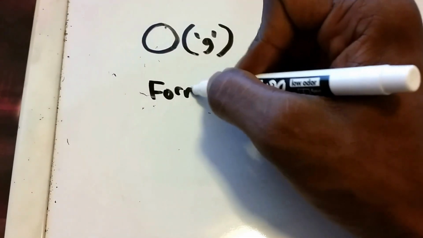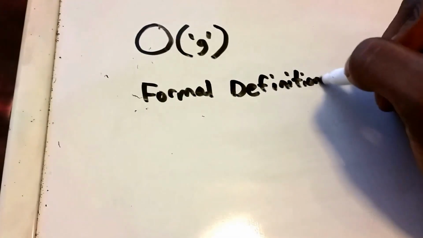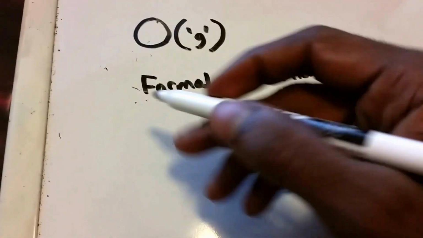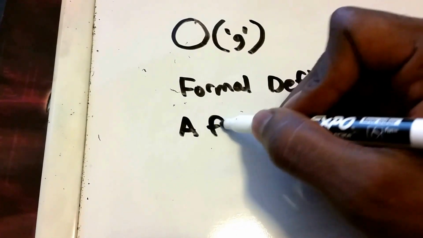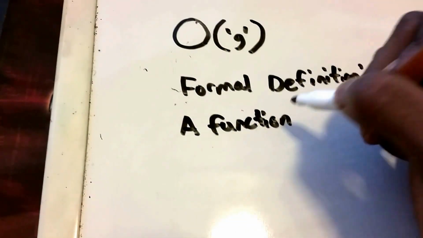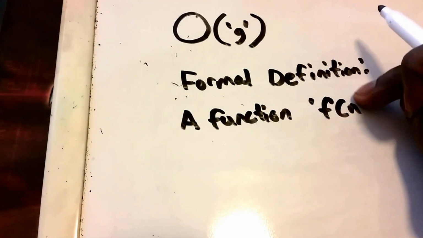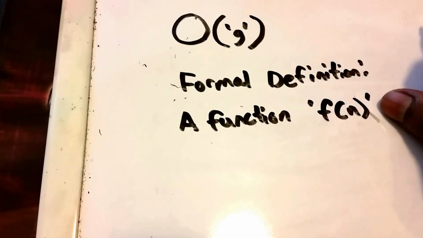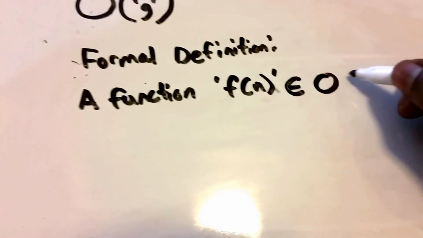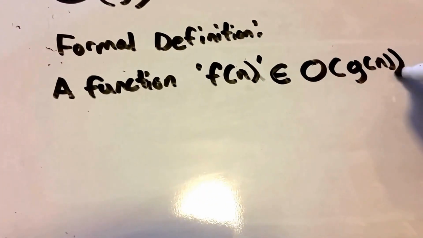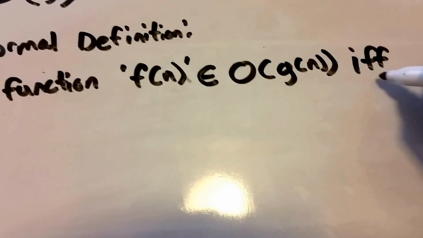So here I'm going to put the formal definition of Big O. And the formal definition says that a function, we'll call it f of n, belongs to Big O of g of n if and only if, so I'm going to use the two f's here. It means if and only if